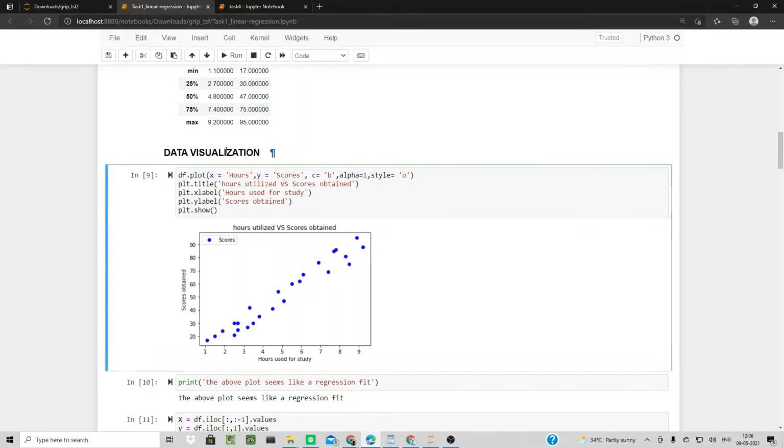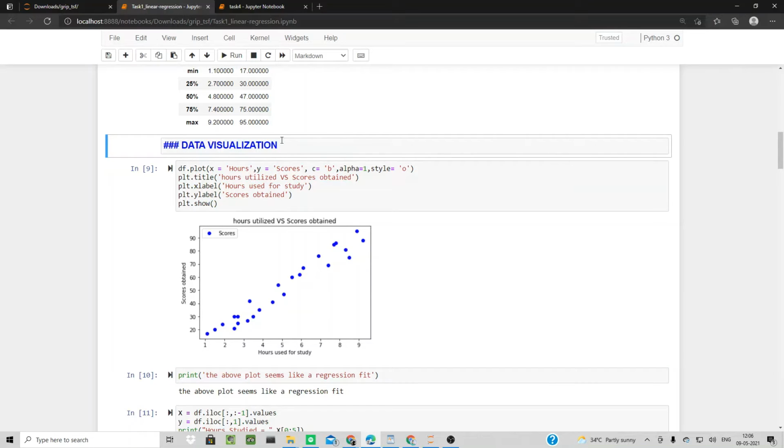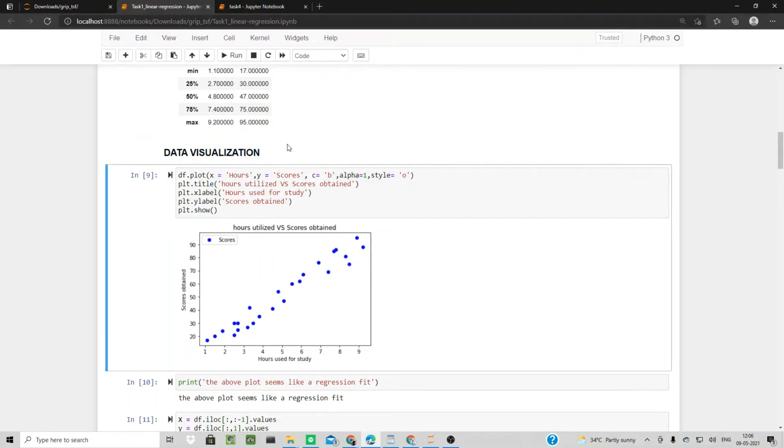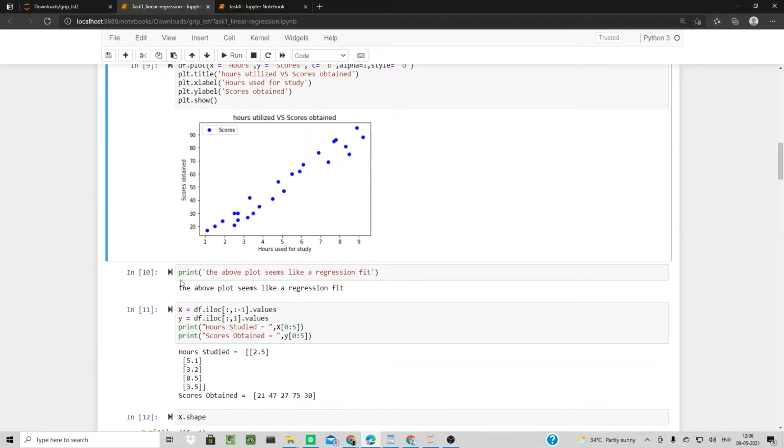Now when we plot the data without training the data set, it is going to be in this format. You could see here, this point is called the data point. This is the x-axis and this is the y-axis. X consists of number of hours and y consists of scores of the data obtained. You could see it's not exactly a straight line, but you could see a straight line here if we see all the data points.